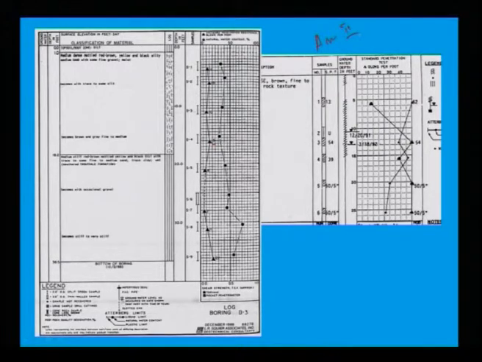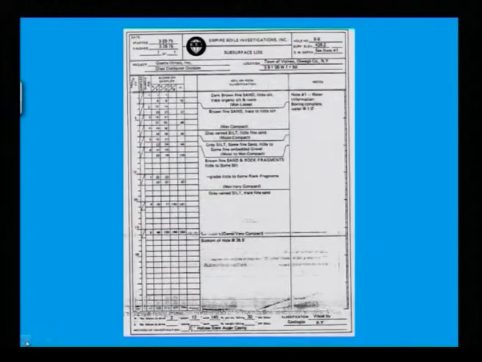You see, the first SPT has been done at 1.3, then 5, 54, 39, these are all SPT values, and U for undisturbed sample has been collected, and here you are showing how your penetration blow varies, that you can clearly show for different cases. These are the two things I have shown you.